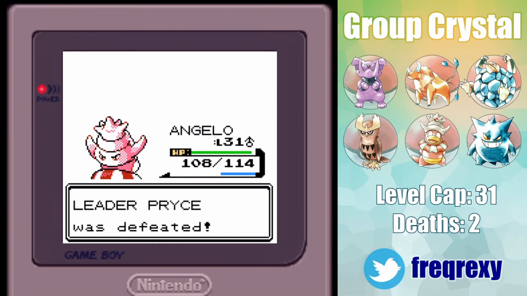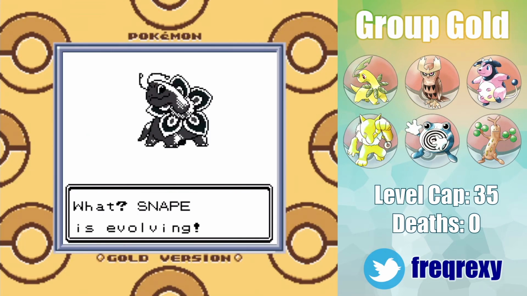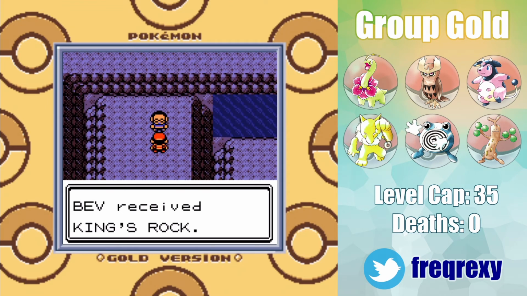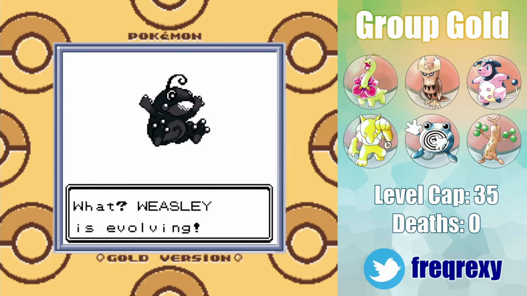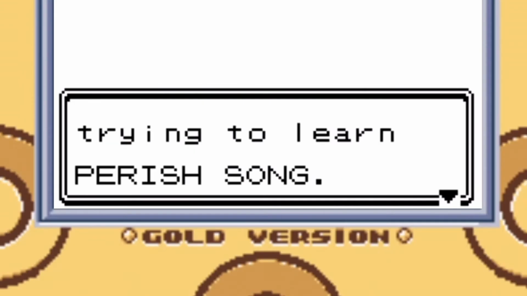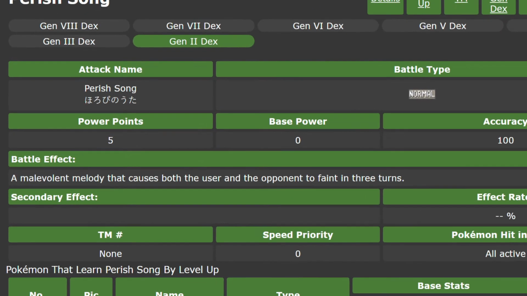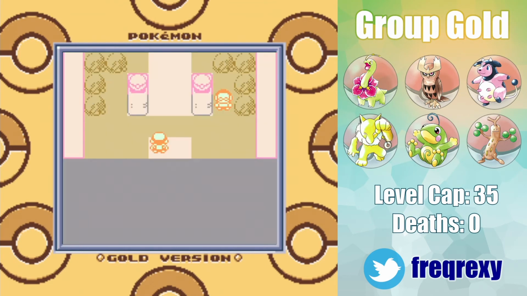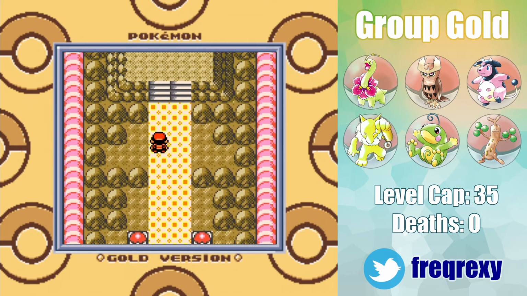During the lengthy grind for Jasmine, Snape reached his final form as a Meganium, and Gold took a detour back to Slowpoke World too. After finding the King's Rock, it got used to trade evolve Weasley into a Politoed, and that meant he got access to Perish Song, which is one of the cheesiest moves you can get in a Nuzlocke. Silver also realized that Petra would be on the team for the long haul, and finally got trade evolved into a Golem. And after some trading, the squads went back to Olivine and fight her Steel types for...